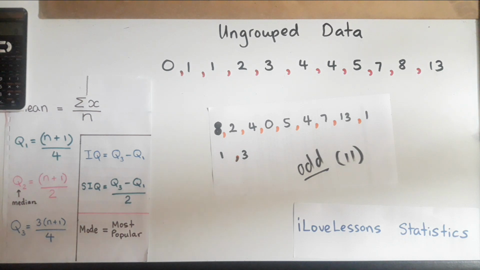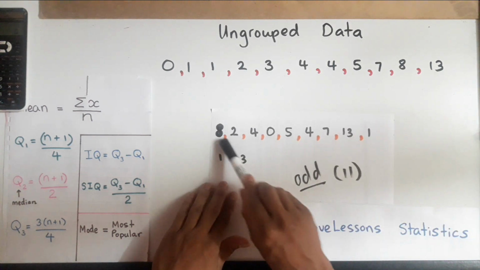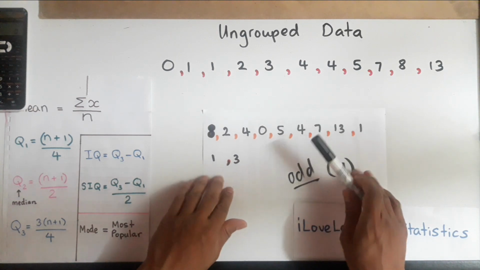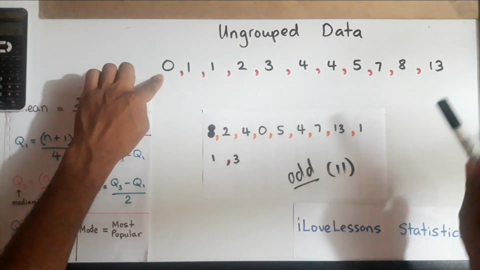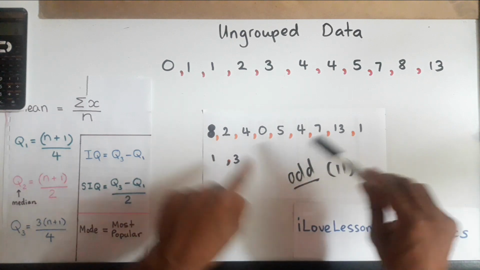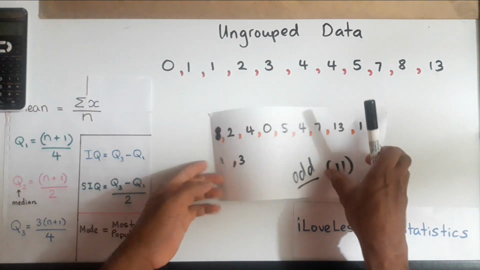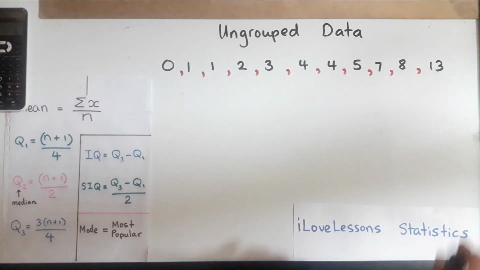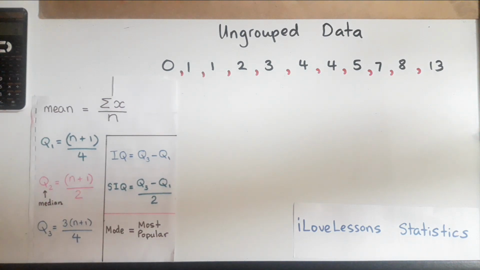Okay, so the first thing you do, whether it's odd or even, once you have the list of numbers, is arrange the numbers from smallest to largest. I already took these numbers and arranged them from smallest to largest. You have to do that, otherwise you will get the question wrong. Alright, so let's take a look at the different questions they can ask you in the multiple choice. This is going to be real detailed, guys.